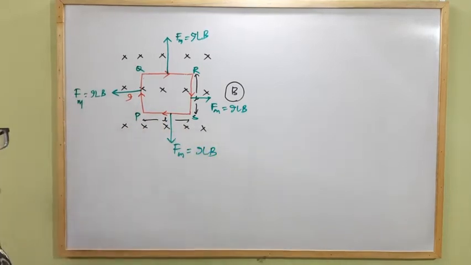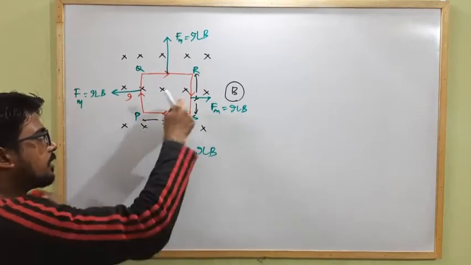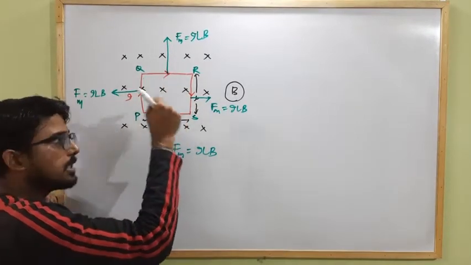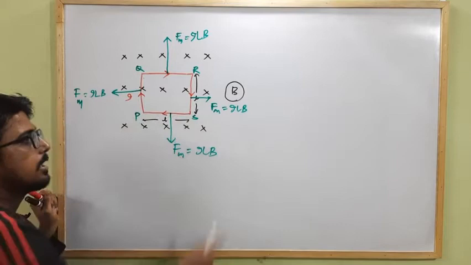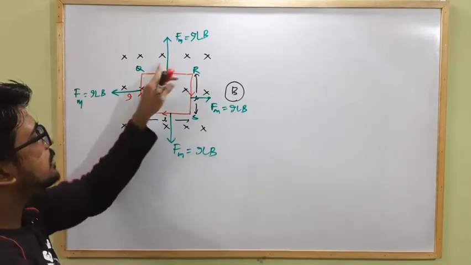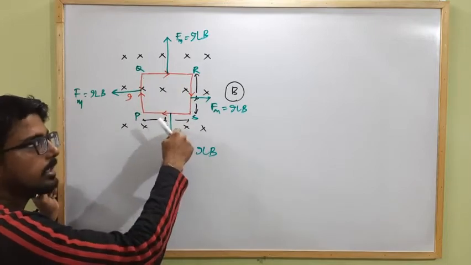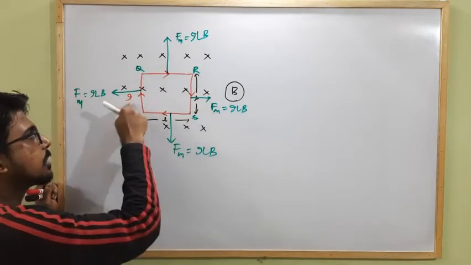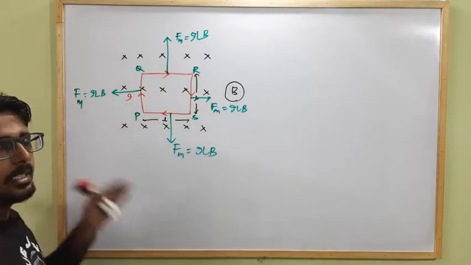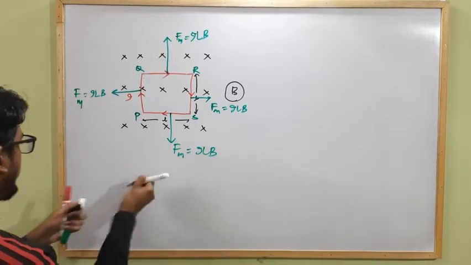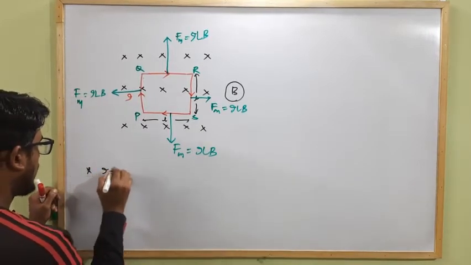So from this we get that when a current carrying conductor loop is present in an external magnetic field, the net force acting on it is 0. Clear? These two forces are equal in magnitude and opposite in direction, and these two forces are also equal in magnitude and opposite in direction. So we have to remember here that